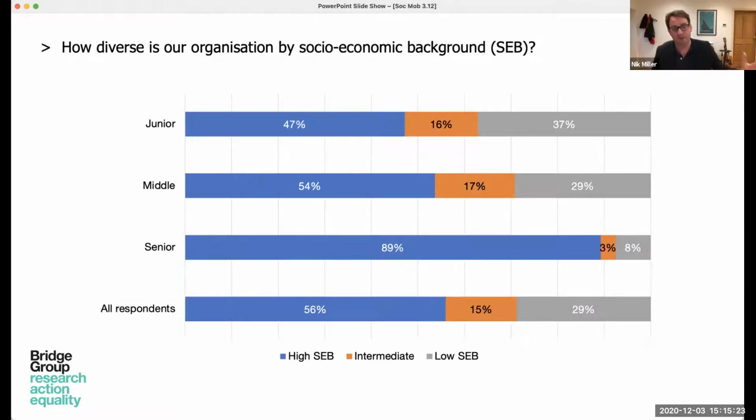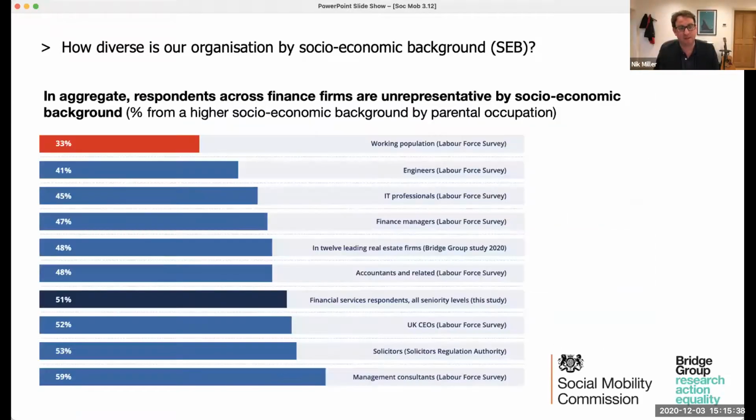So we're in the board meeting and the chair says, well, okay, that's us. How are we doing compared with others? And so when we move to the next slide, this is a slightly different data set. We can start to look at benchmarking data. So in this chart, we're looking at the percentage of respondents from a higher socioeconomic background. This is the parental occupation indicator that I know Lindsay talked about in detail earlier. So we can look at this against other benchmarked populations.